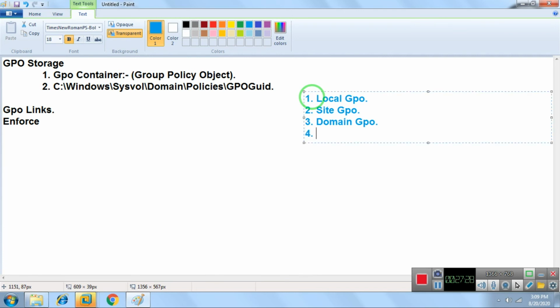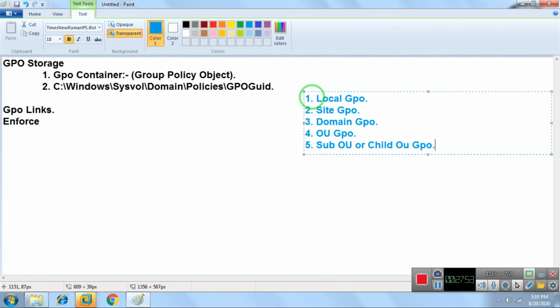Number four, if I apply to the OU, we go for the OU GPO. After that, a GPO applies on the OU, and then it applies on the sub OU or child OU if you have one. So this is the process.